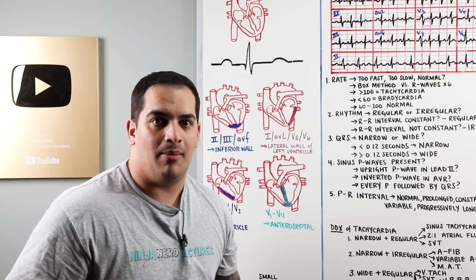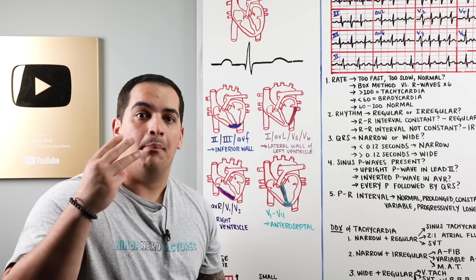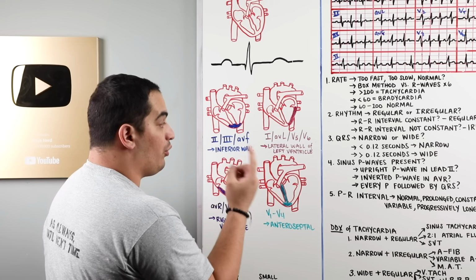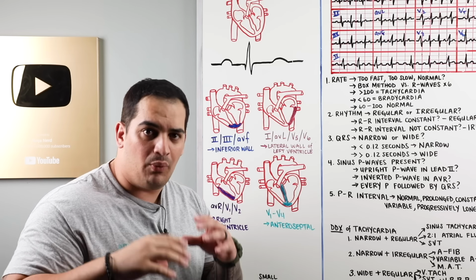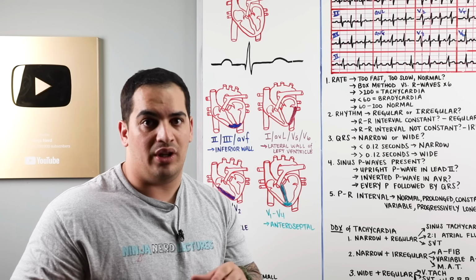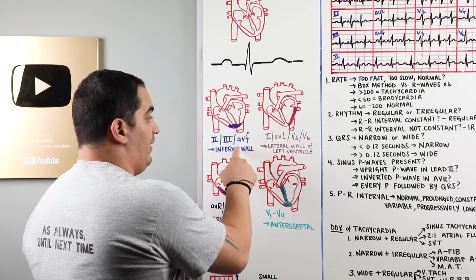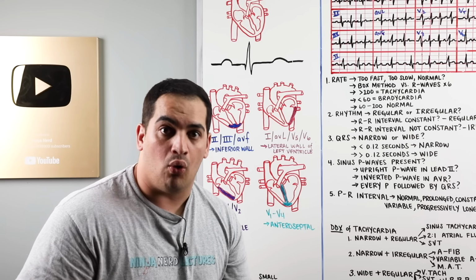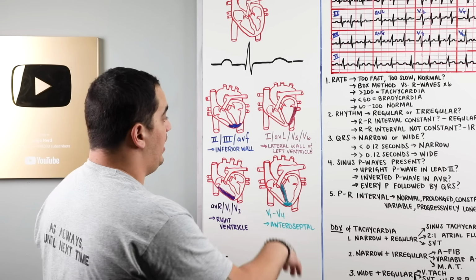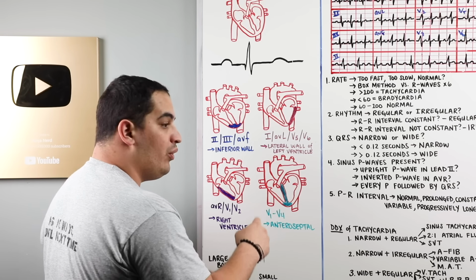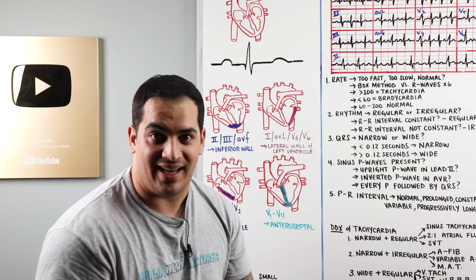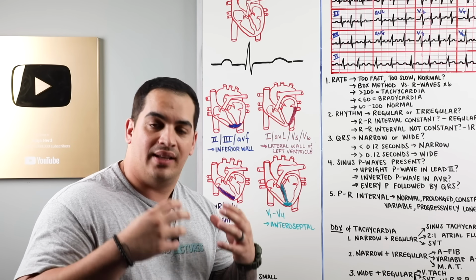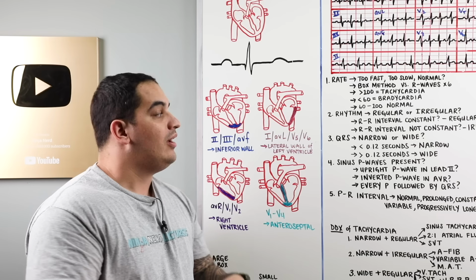Where does that 12 leads come from? We have 3 bipolar limb leads: lead 1, lead 2, and lead 3, okay? We have 3 augmented unipolar limb leads. That's AVF, AVL, and AVR. And we have 6 precordial chest leads, which are going to be V1, 2, 3, 4, 5, and 6. That's where we get the 12 particular leads that tell us about the electrical activity of the heart for our